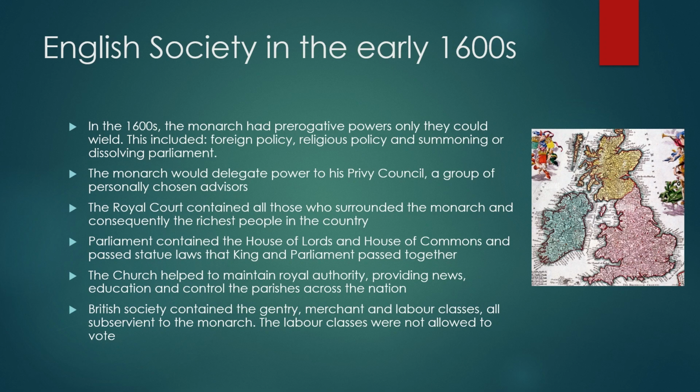The monarch is giving power to people. All the power is being drawn from them and who they are, not necessarily coming from who people are as individuals. And speaking of power, we also have the royal court. These are the ones who contain all those who are surrounding the monarch and are consequently the richest people in the country. In this time, it wasn't just anyone who could be elected, you had to have a sign of strength. And at this point, a sign of strength was seen as purely economical.